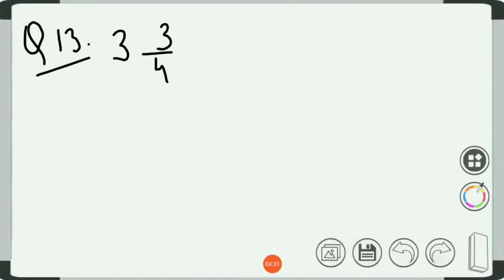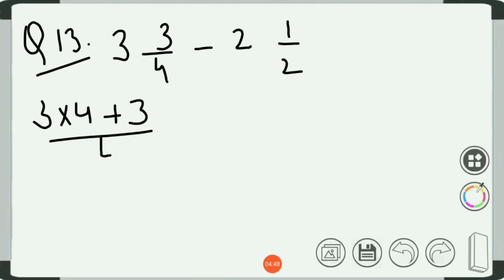Your next question, question number 13, which is 3 by 4 minus 2 1 by 2. Now this is a mixed number or mixed fraction. First we have to change it into an improper fraction. How do we convert it? We have to multiply 3 into 4 plus 3 upon 4. In the same way, we have to also convert this fraction, 2 into 2